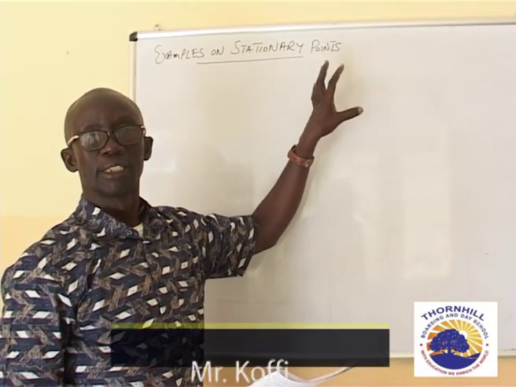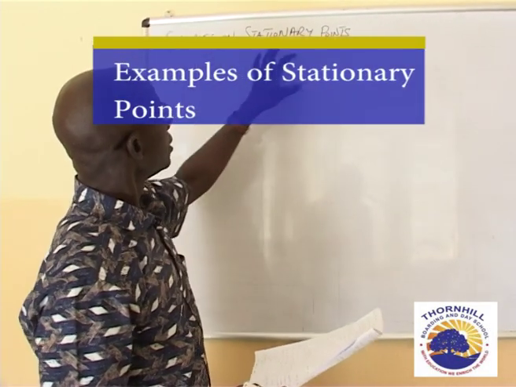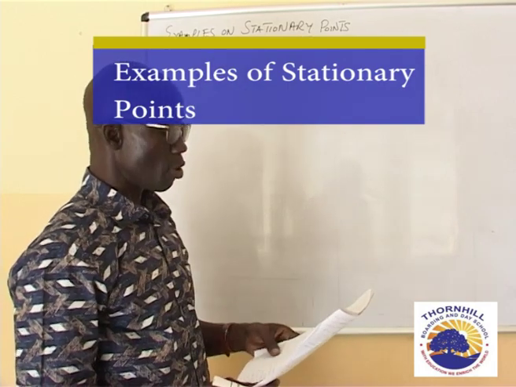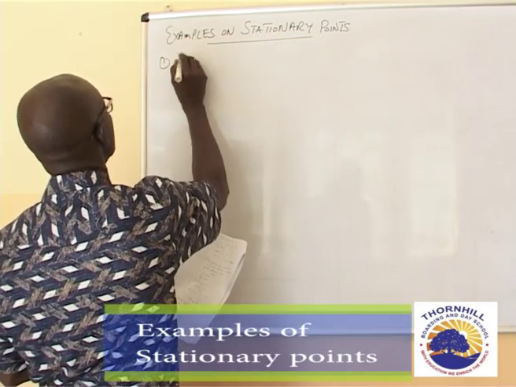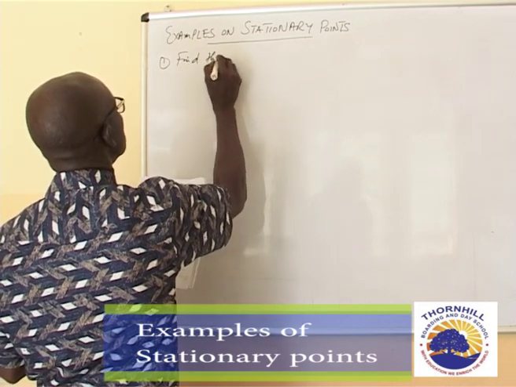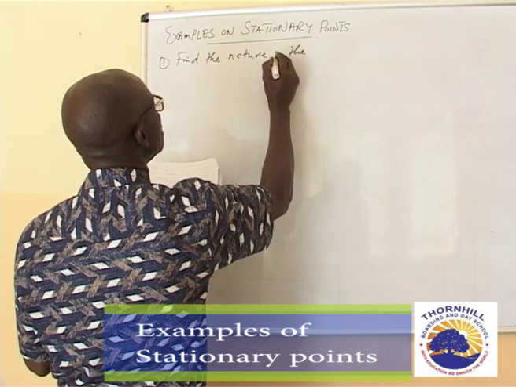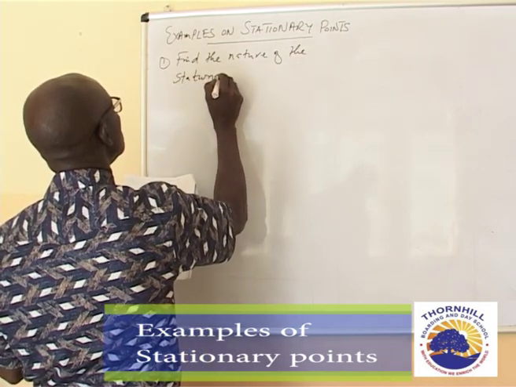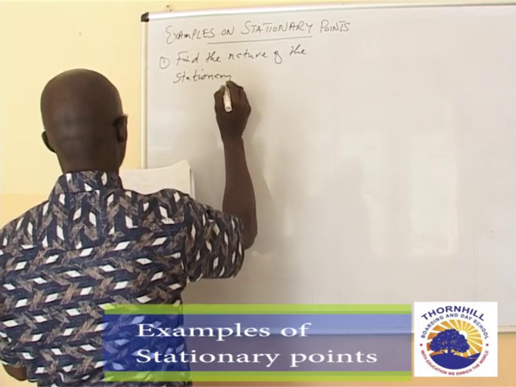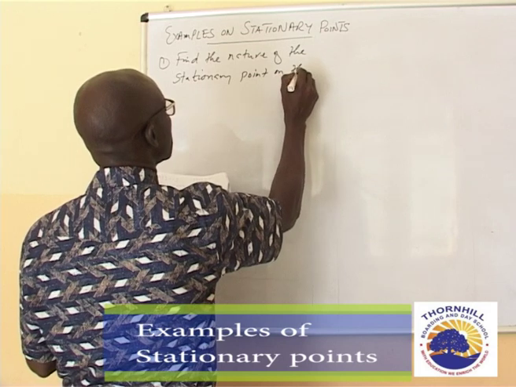Stationary points where the curve turns, and this time we want to look at some more examples on stationary points. Example 1, find the nature of the stationary point on the curve